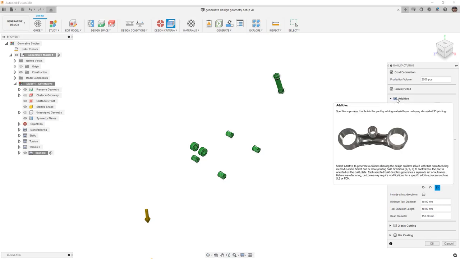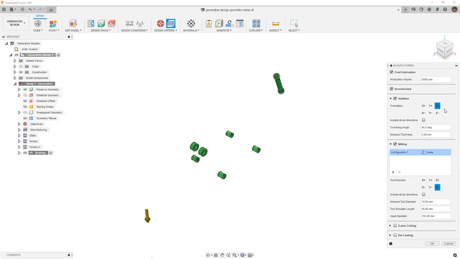Next is additive. And when we have additive, what we're doing is we're looking at several different factors in the build process. With additive, it's looking at things like the overhang angle, minimum thickness values, and the direction or the orientation that it's being printed. So if you're designing a part that's going to be printed on a desktop machine using fused filament, for example, there are specific overhang angles that you can support without needing additional material. There are also certain orientations that you might want to include based on the way that your design is set